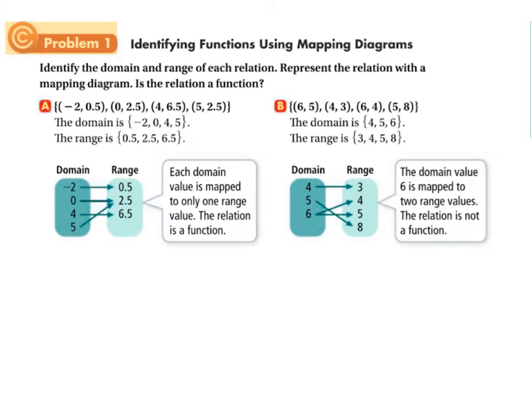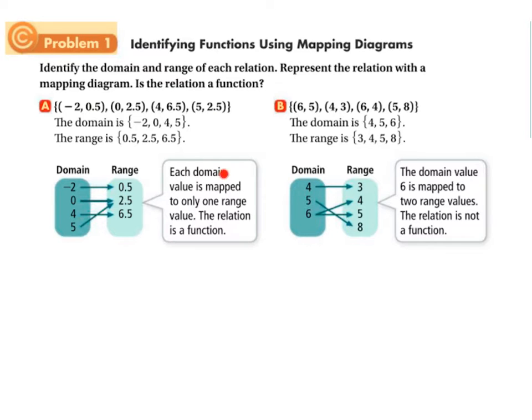We have -2, 0, 4, and 5 for the domain, okay? What do we get out? 0.5, 2.5, 6.5, and notice that we get 2.5 again. We're only going to write it once. And then we say, okay, what goes with what? Well, -2 produces 0.5, so you put an arrow there. 0 produces 2.5, 4 produces 6.5, 5 also produces 2.5, so you have them pointing both to this range value,